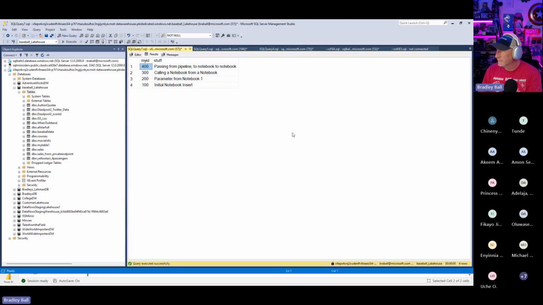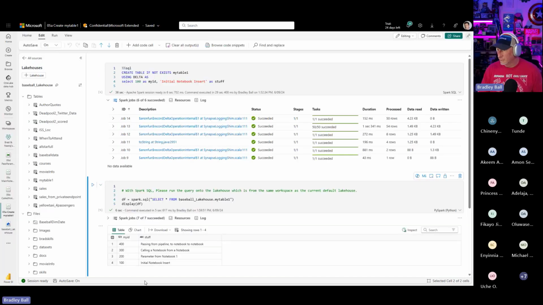And there we go. Value 400. All right, so what have we done? A lot of fun stuff, right? We can import from Peyote BC. We can import through a URL. We can use Data Wrangler to be able to have a lot of fun with Python in a Power Query type way. And we've done semantic models, building a chatbot, right? Calling an OpenAI model and being able to use prompt engineering. And now we've been able to pass parameters from one notebook to another and from a pipeline through notebooks.